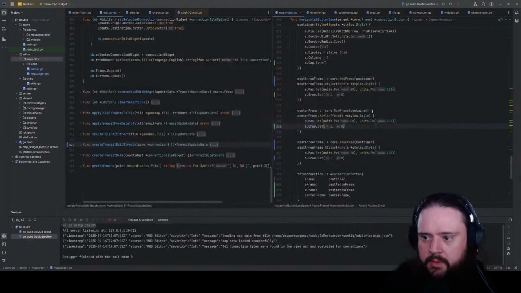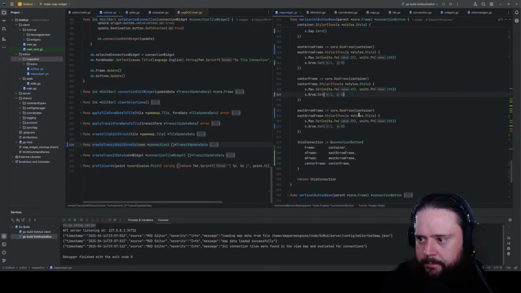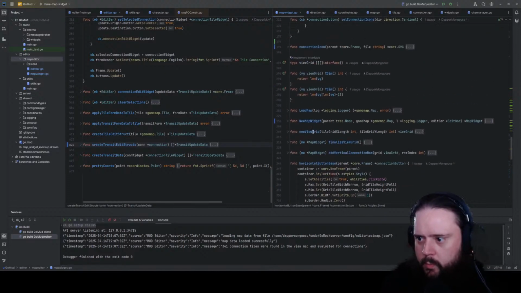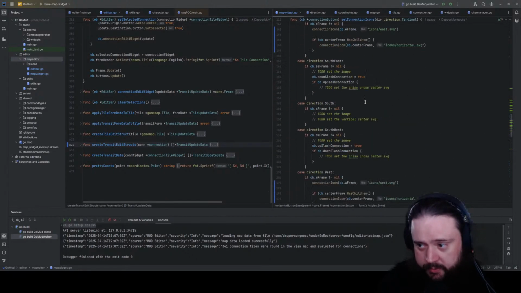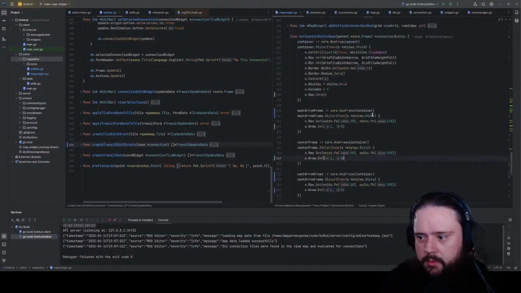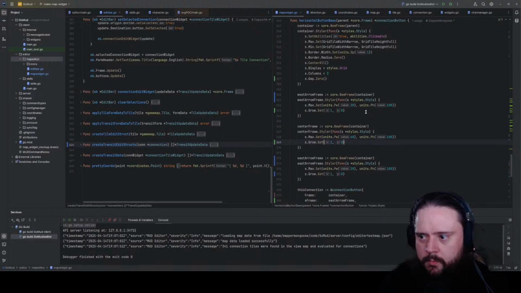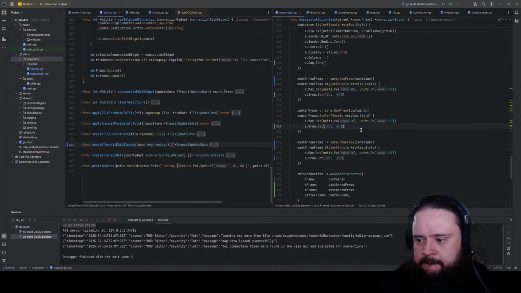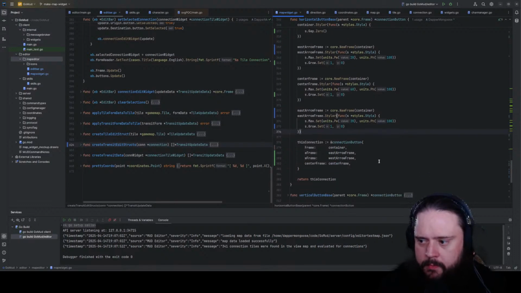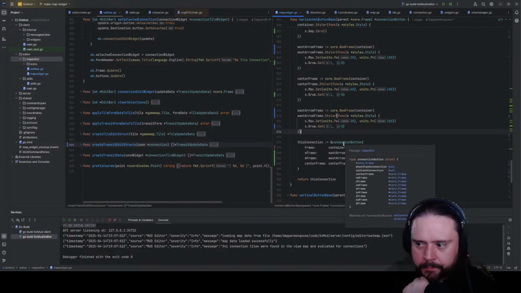That's when it needs to be cleared out. I don't want to do that. Could we can't delete it from